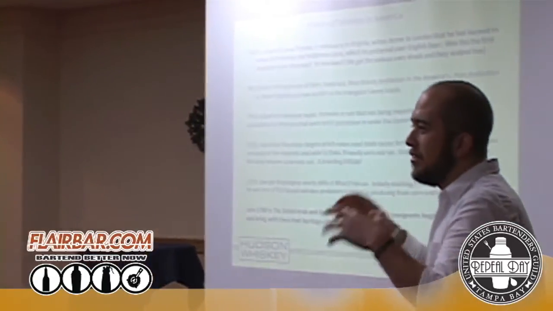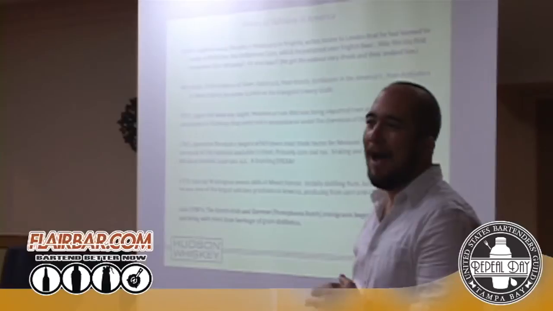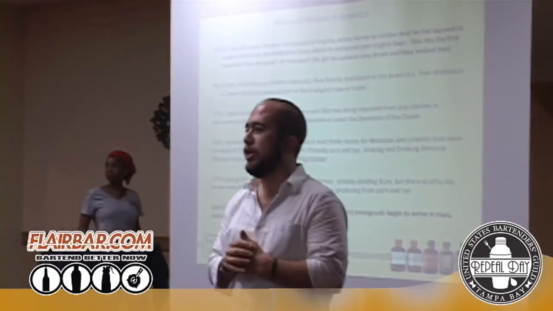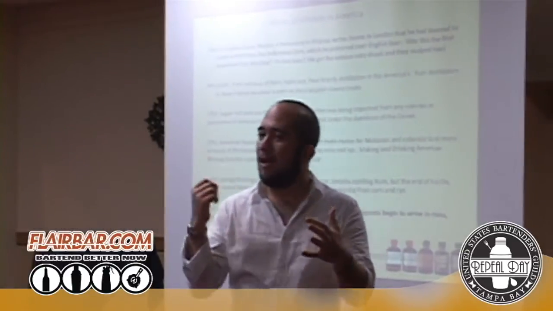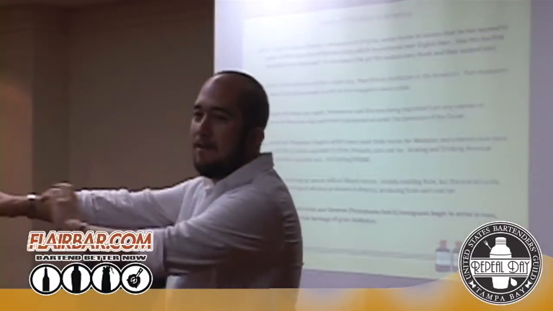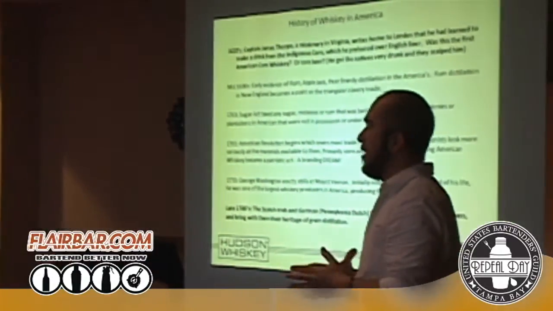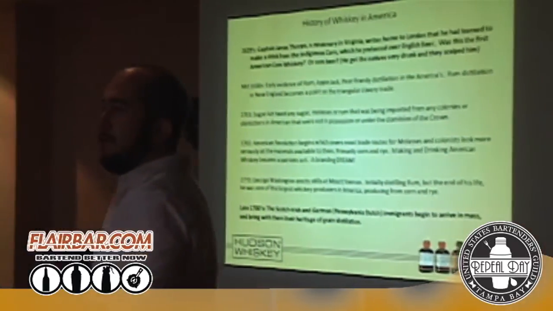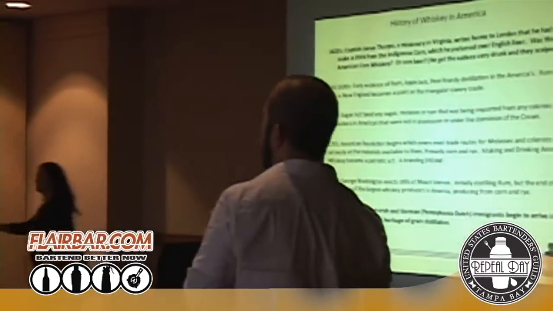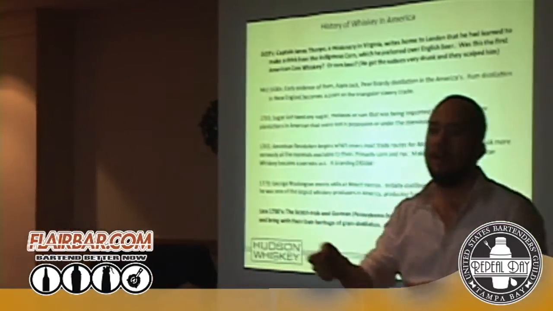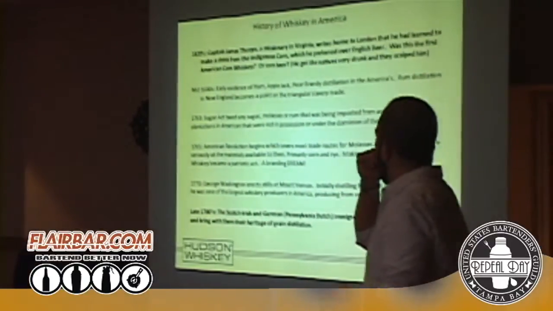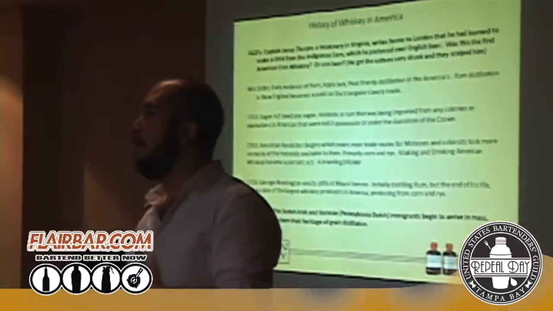In fact, the earliest evidence in the United States of corn fermentation and possible distillation was Captain James Thorpe, who was a missionary in Virginia, and he talks about using the indigenous corn or maize that the native people were using for all different aspects of life, and turning that into what could be construed as a spirit, or maybe it was a corn beer, but this is the first written evidence that we have of corn being used as a fermentable and then potable product. And then he got the natives drunk and they scalped them. So.